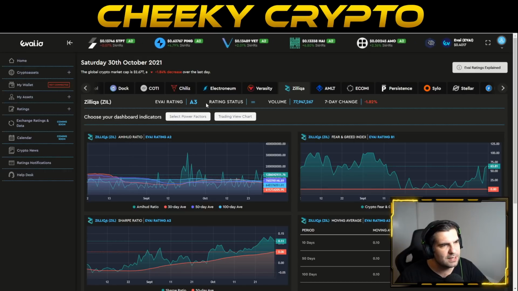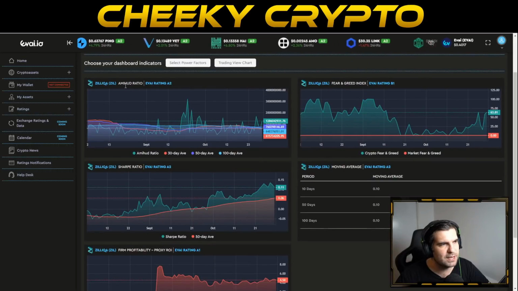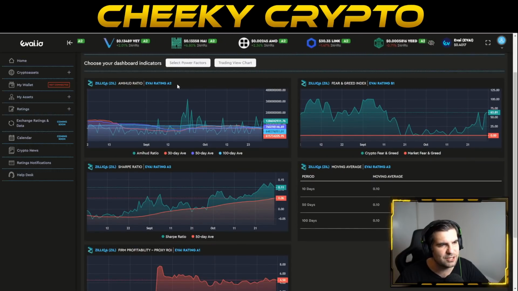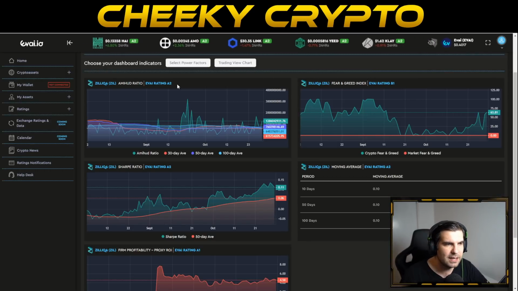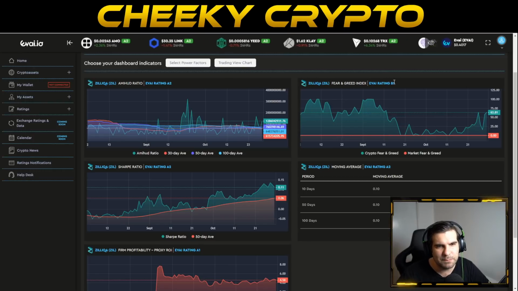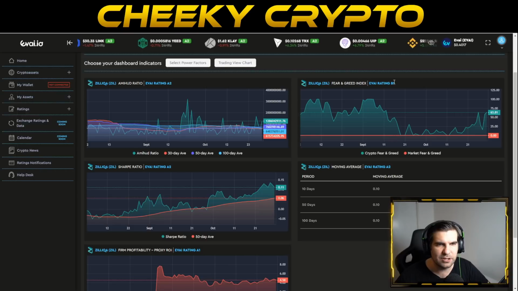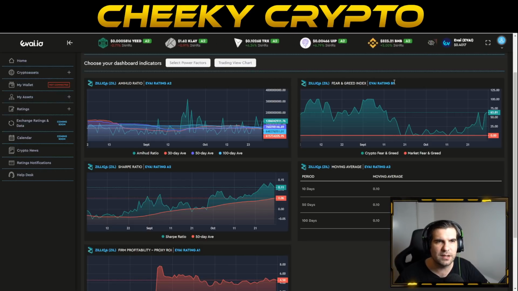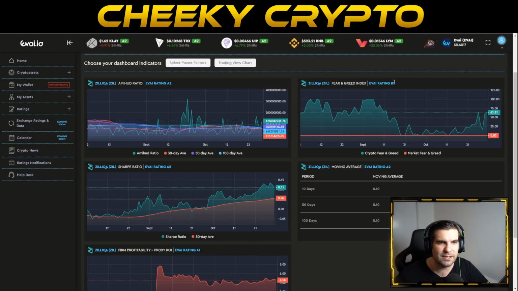Here we can see that Zilliqa is an A3 cryptocurrency rating overall, but they go down in a little bit more detail. When we come down here, we have an AMI-HAD ratio that's an A2, basically indicating there's no problems with liquidity. Buying and selling is pretty fluid, no problems with any of that. The fear and greed index is B1, so pretty neutral, looking like it's actually rising up over the last few days. This could actually enter into a greedy area, which could start to see some FOMO activity, and specifically when retail investors start to chase those green candles.